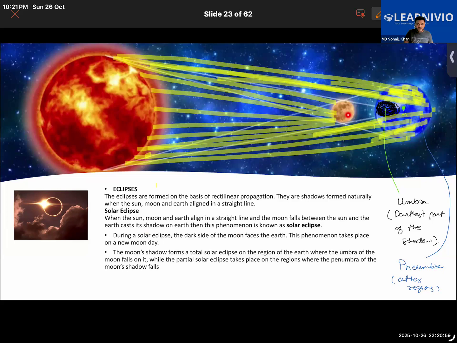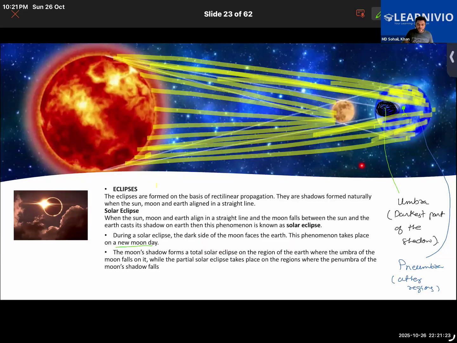So basically, what is happening here? The darkest side of the moon is facing the earth. During the solar eclipse, the dark side of the moon is facing the earth right now. And this phenomenon usually takes place on a new moon day. Understood that now? Okay. Then the moon's shadow will form a total solar eclipse on the region of the earth where